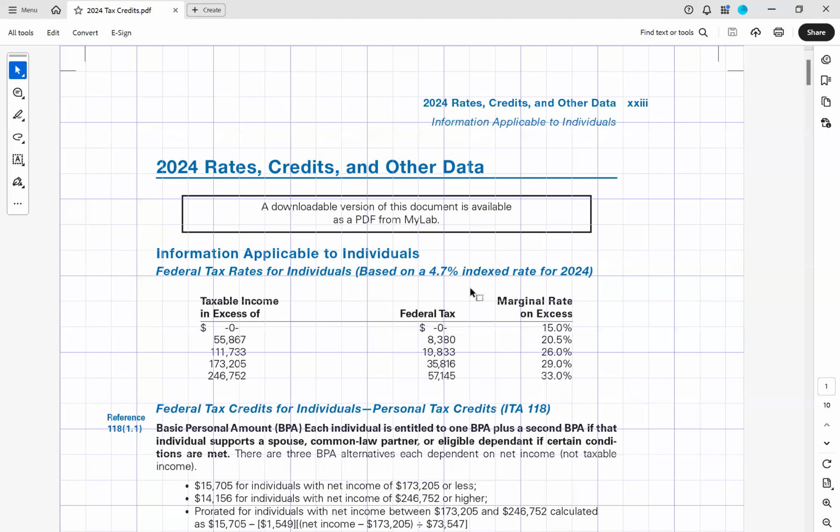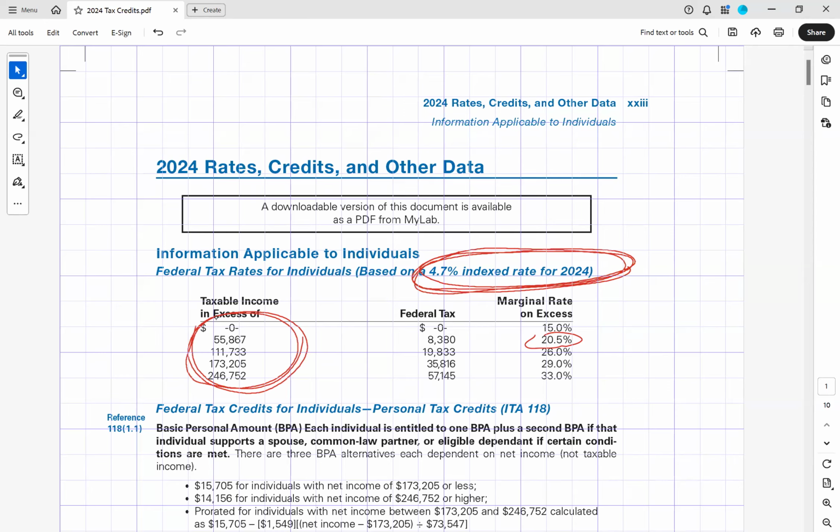This is a good question to ask, because sometimes you think it makes sense, then you go and study and wonder, where did that number come from? But let me just bring up the rates table. So these income amounts, you see these amounts here, the 55,867, the 111,000. Because of inflation, those amounts are going to be increasing every year. So next year, you probably won't get the 20.5% until you're maybe 56,000, 57,000, 58,000. So these amounts are always indexed to inflation,